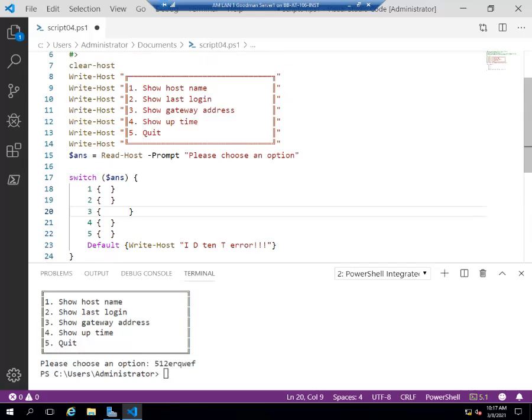And also, since we are looking at code that branches and does multiple things, we really want to design it so it's modular. And to do that, we can use functions. You may have heard of the term function before. So I want to create a function for the menu,